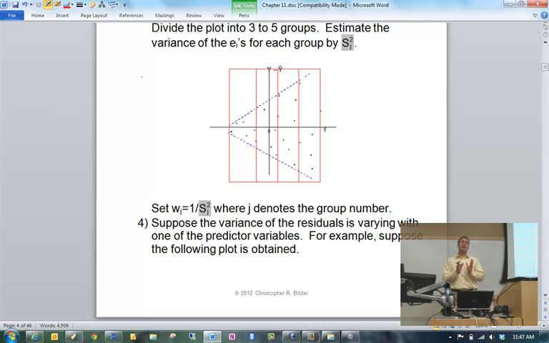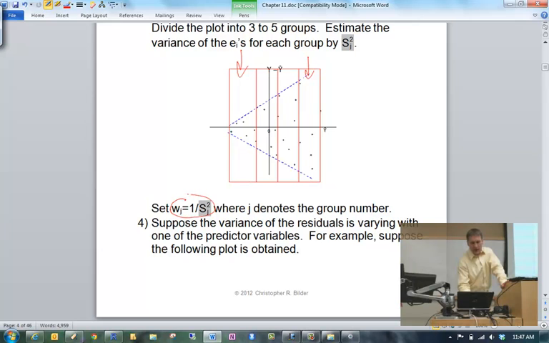Where I'm dividing up by different amounts of variability with respect to y hat. So we can see that this first group has a lot less variability of the residuals than the last group does. Okay? So, motivated by the previous idea in that number 2, what we can do now is find, let's say,